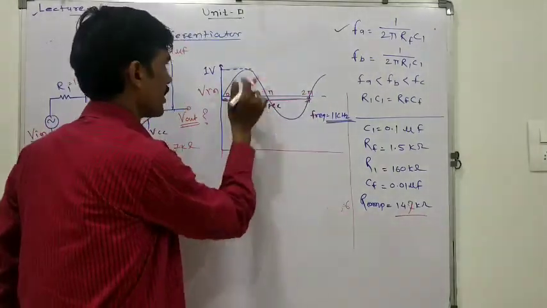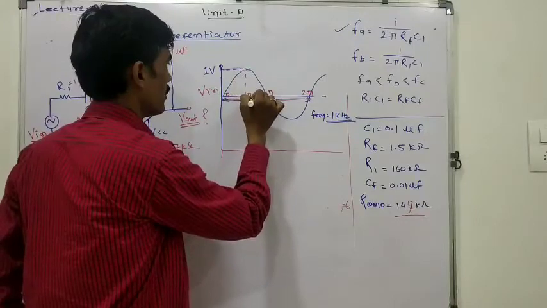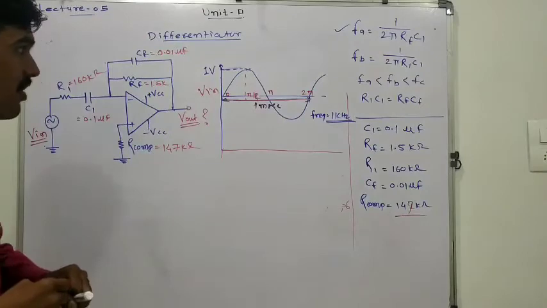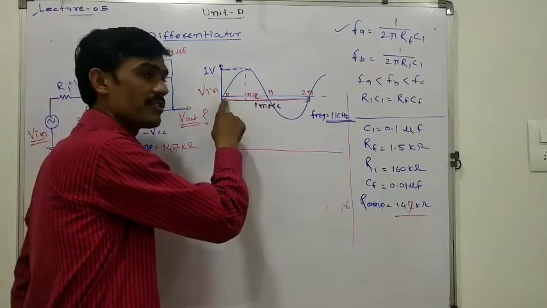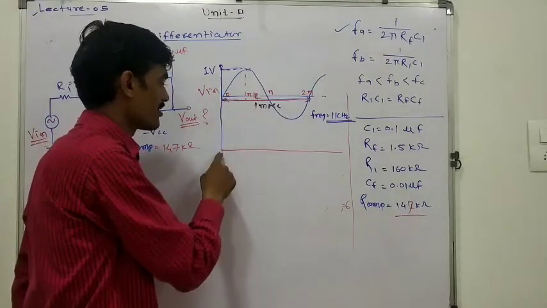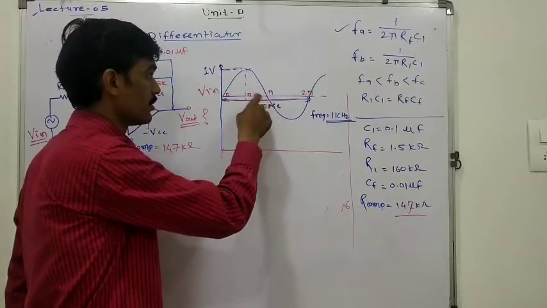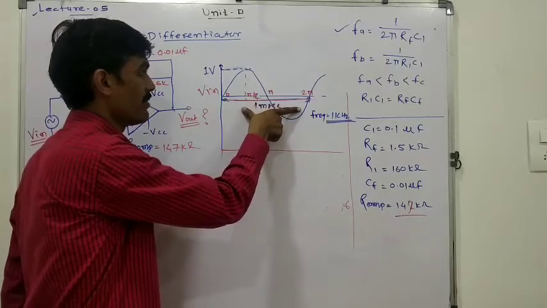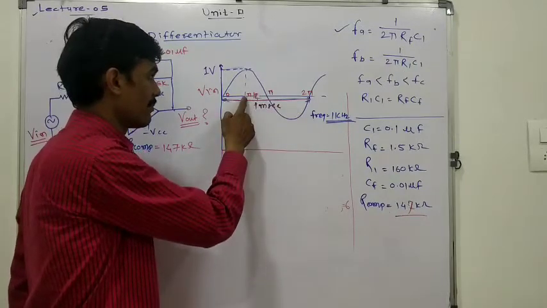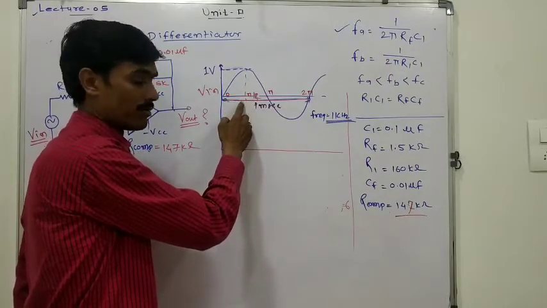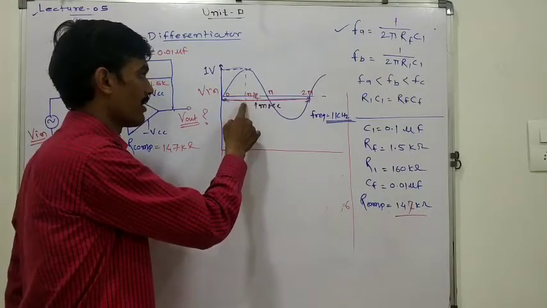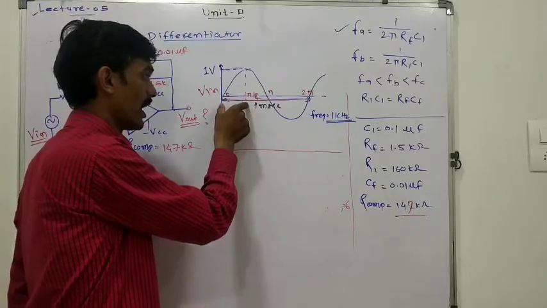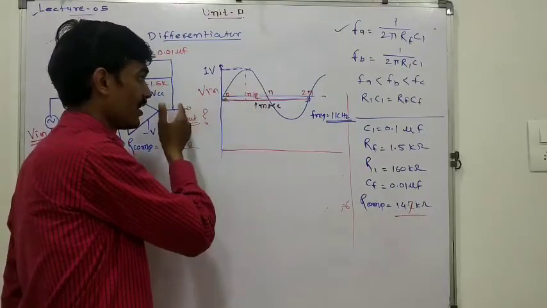So at each instant, this is pi by 2. At each instant, we have to calculate the value of the output voltage. For example, if t is equal to 0, what is the output? Then t by 4, because this is the required time of 1 millisecond. So this time must be t by 4, that means 1 by 4. 1 by 4 means, because this is 1 millisecond, 1/4 of the time has already passed.